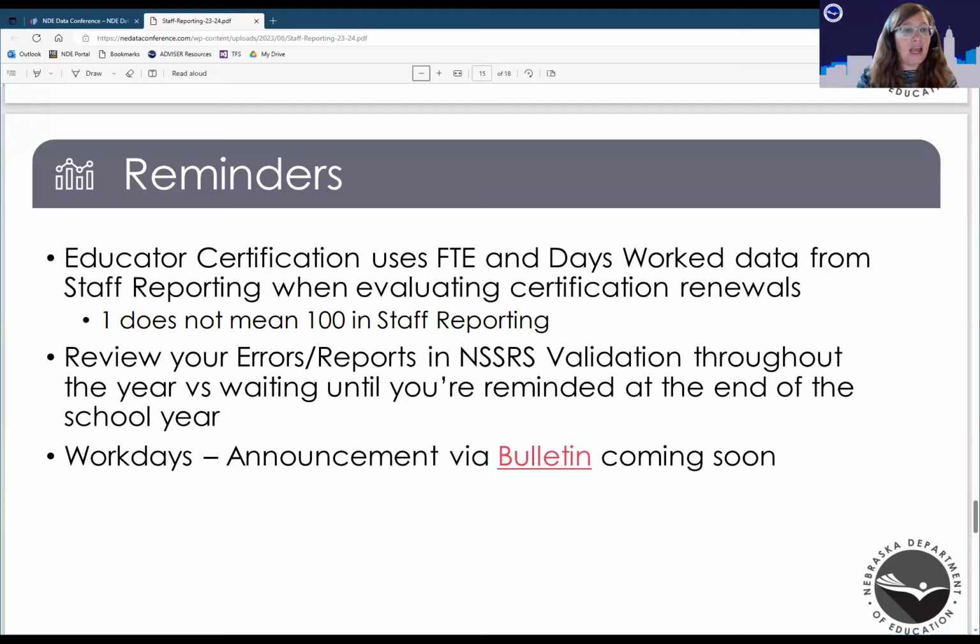Is that correct? And it may be like at an ESU, you break out staff by a bunch of different districts and they only work 1 FTE at each, totally valid. Ignore that warning. But if you've got a teacher at 1 FTE, it's likely they probably need to be changed to a 100. And it's just so important because it helps them get their renewal. And if the FTE is not reported correctly, it's more challenging for them to earn the time that works towards their experience with their renewal.